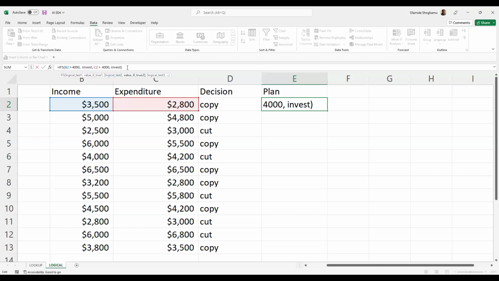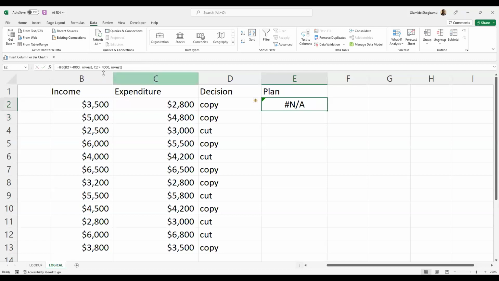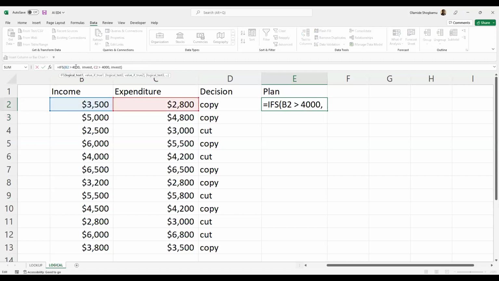So if logical test one, logical test C2 greater than 4,000. Okay, this works. So if I change this to IFS